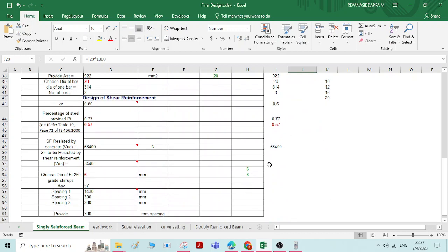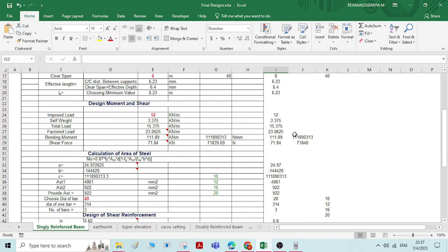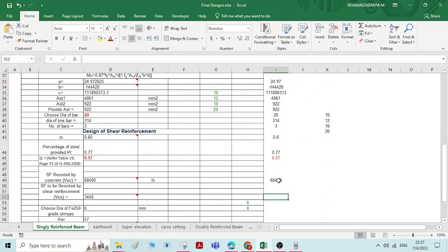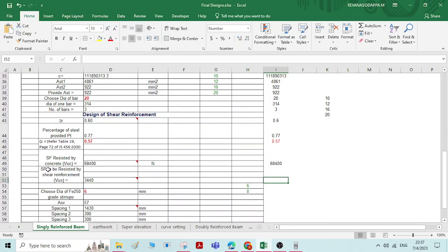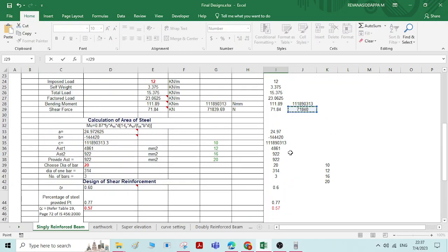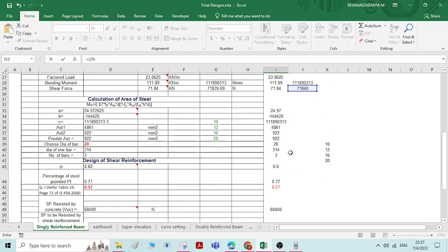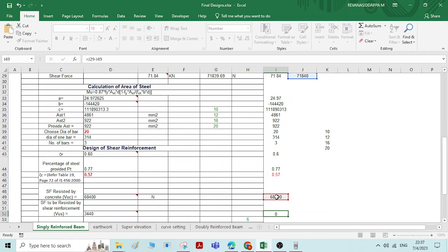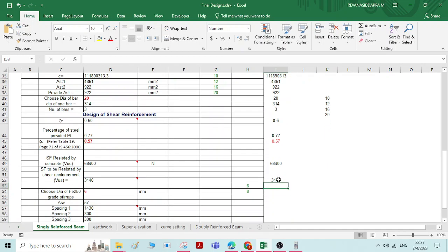For how much force we have to provide the reinforcement? 71,840 minus 68,400. Therefore shear force to be resisted by the shear reinforcement is equal to, you click on the cell, is equal to 71,840 minus 68,400. Now for this much force we have to do the shear reinforcement design. Okay,